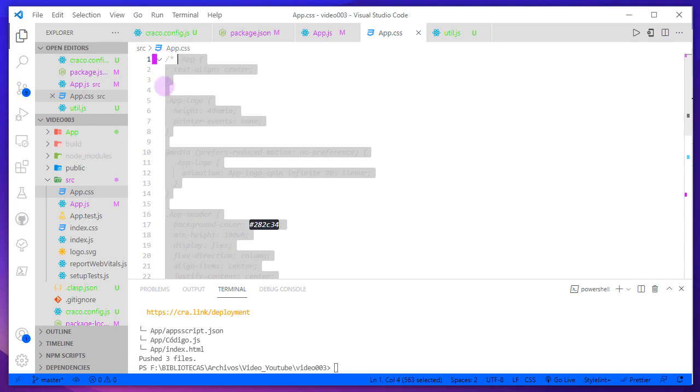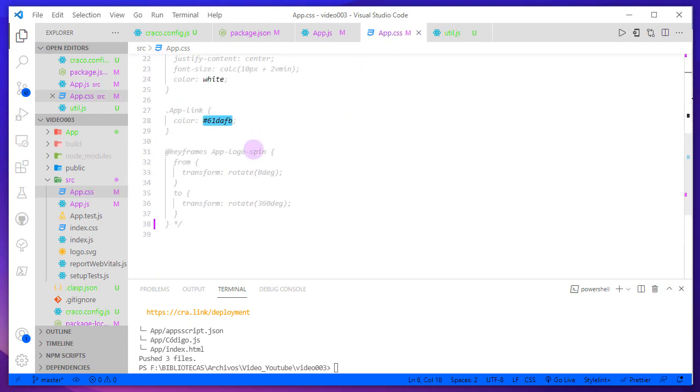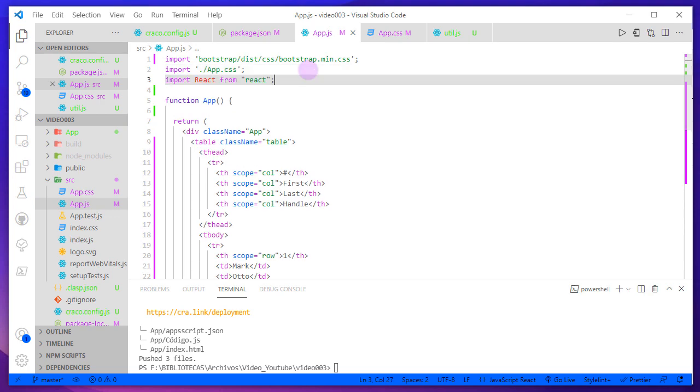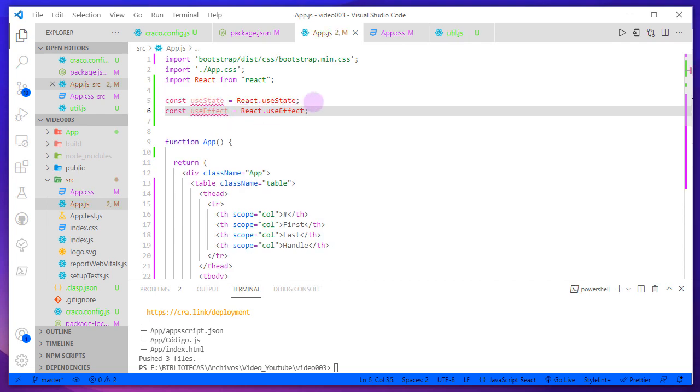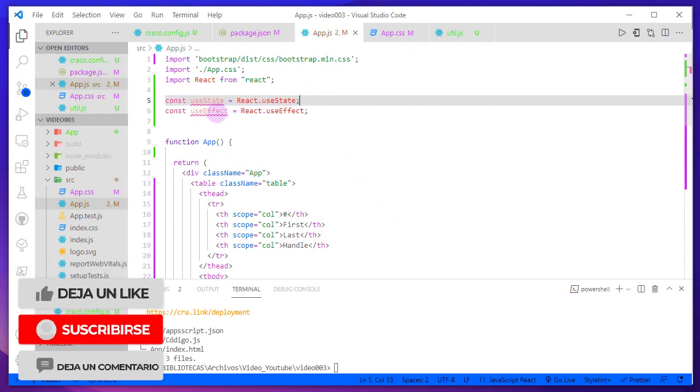It's better for future problems. Okay, the next thing is to import this React thing, and I will use useState and useEffect. I need these two